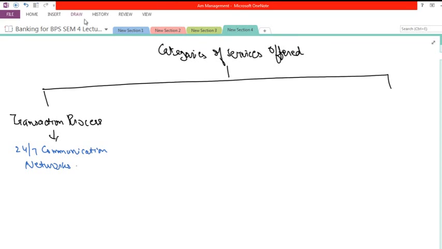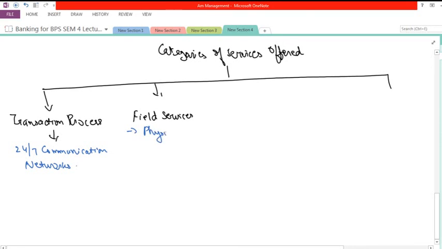Then the next category of services offered is field services. Field services include the activities of physical security, first and foremost. Physical security has to be undertaken, then housekeeping activities have to be taken care of. Then after, cash replenishments,